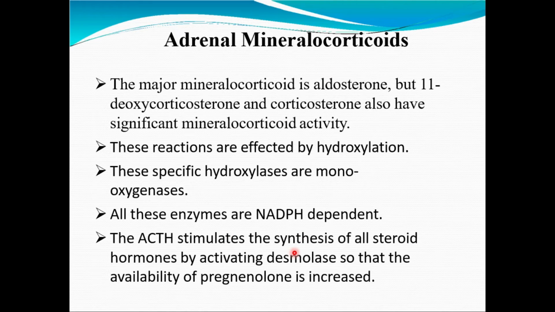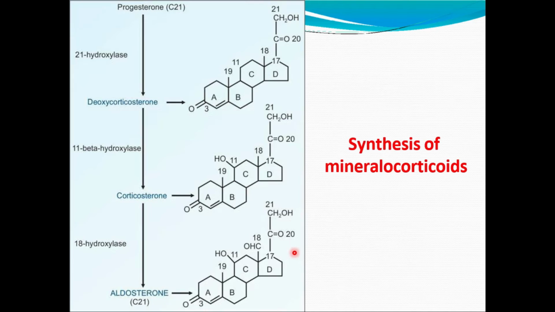Aldosterone is produced in the zona glomerulosa of the adrenal cortex. So the synthesis of aldosterone involves the synthesis of corticosterone and subsequent hydroxylation and oxidation at the C18 carbon to yield aldosterone. The synthesis of aldosterone is actually regulated directly by levels of potassium and indirectly by the effects of sodium levels and blood volume on levels of angiotensin 2.